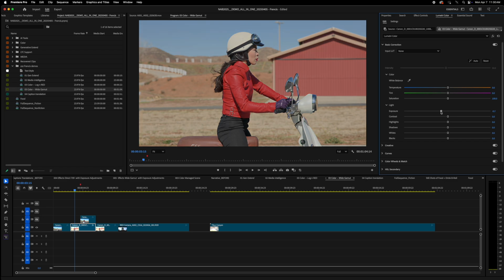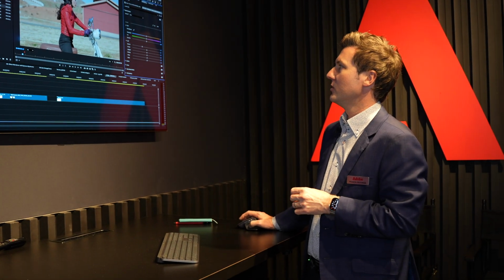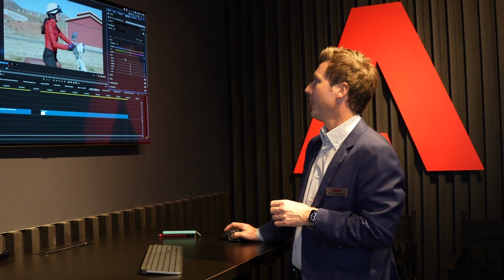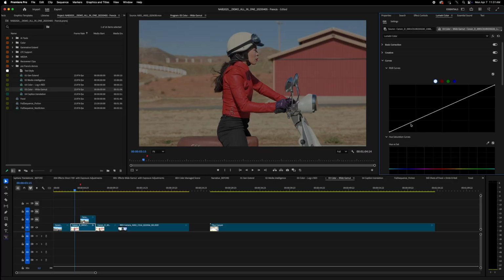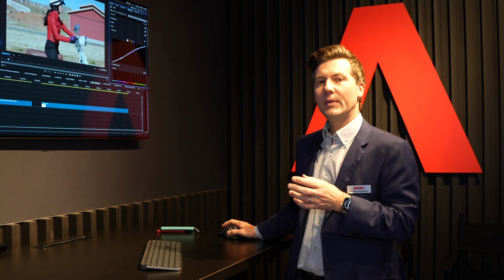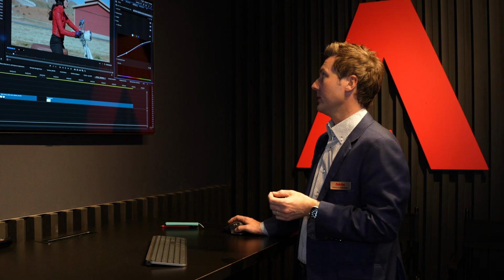So let me drop down the exposure, and it starts to get a little bit muddy. We lose the sparkle, like we lose the specular highlights in the chrome. And so then maybe I want to try to bring that back by giving like an S-curve or something like that. And I need to do a bit of grading to get this shot to look nice.